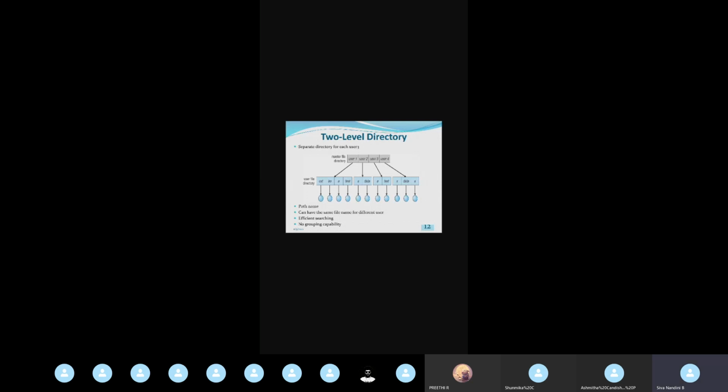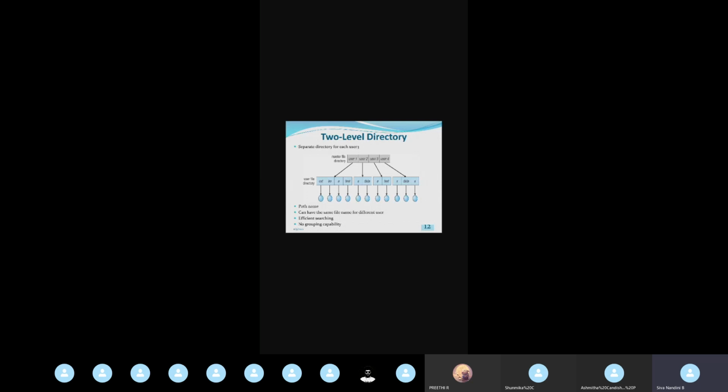And in user 2, it may be MS Paint. Whatever files I'm going to use for MS Paint, here it is considered as user 2. For this user 2, the files are a and data. All the files I'm going to use will be under this user 2.